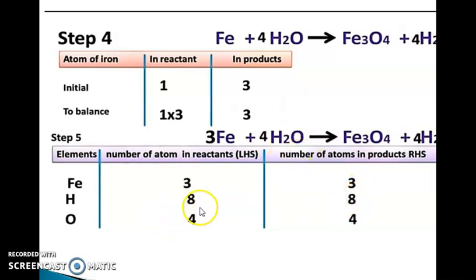And 4 atoms of oxygen are present on both sides. After doing so, we get our balanced chemical reaction. Another method of balancing a chemical reaction is the algebraic method, which we will discuss in our next